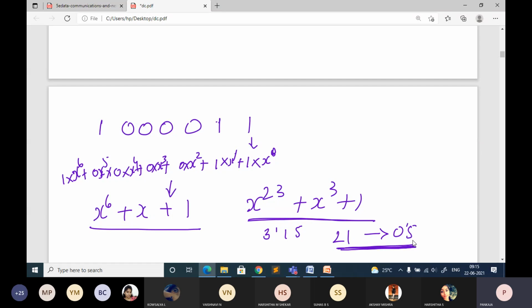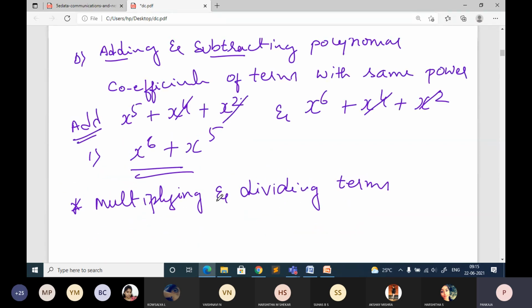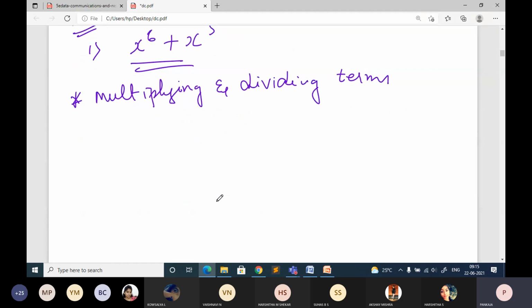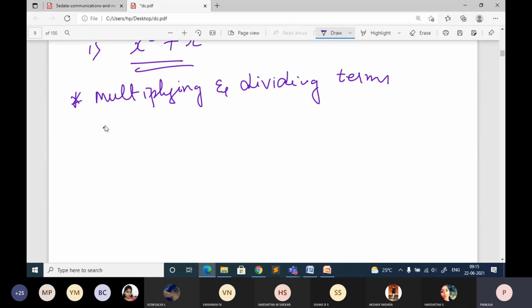Even if you are going for addition, subtraction, for everything it is going to be simplified when you use the polynomial method. Is it clear why I am going for polynomial? So that is to reduce the number of steps. Wherever the zeros are there, we can skip them. So when you want to do that, you should know how to perform addition and subtraction using polynomials. So now consider examples for multiplying and also division.